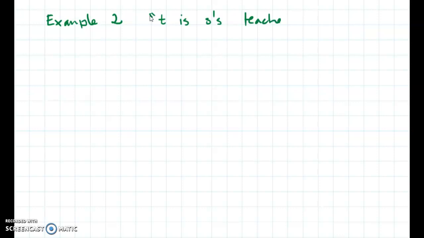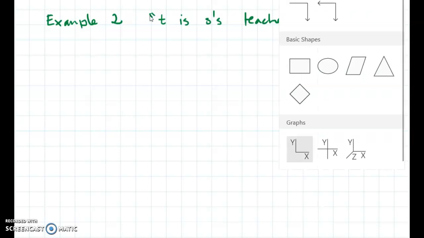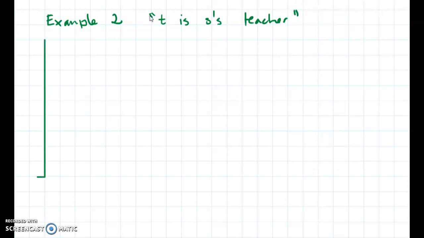Let's move on to example number 2. In this example, the relation is going to be T is S's teacher. So now, if we try to sketch this, I'm going to use axes again. I'm going to have the T values in the x-axis. So we're going to have Sune and Laura. And then we are going to have the 63 points with all the students in the vertical axis